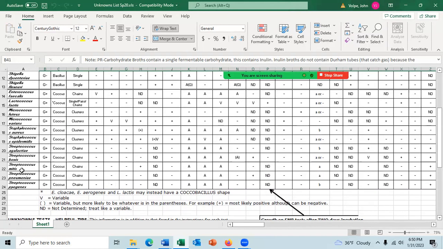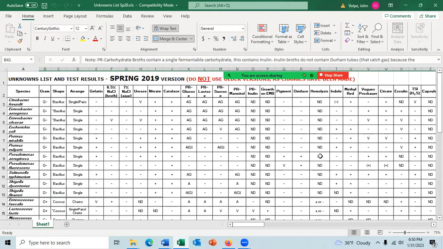There's about 23 of them. And these are most of the tests you can run on the top up here. And this table gives you the results for each species for each test.